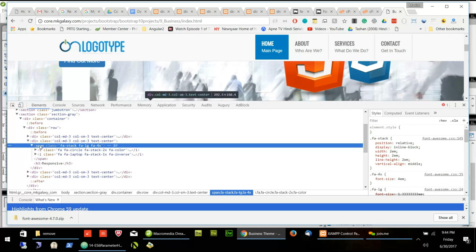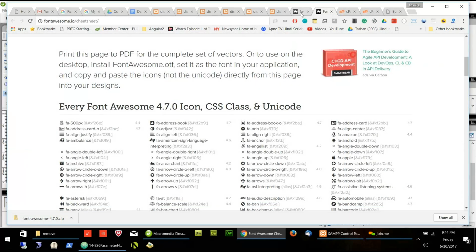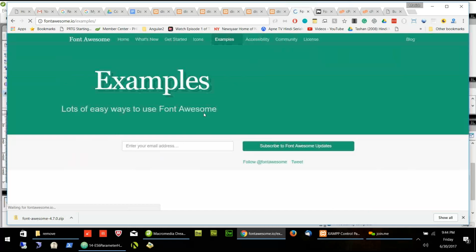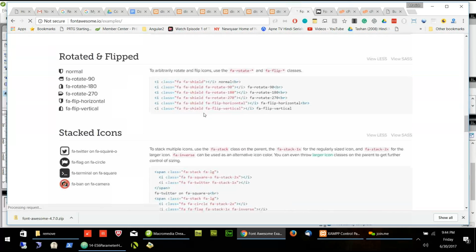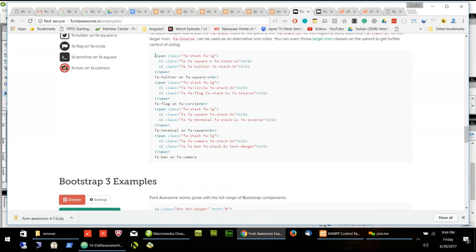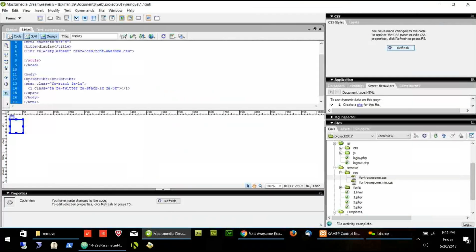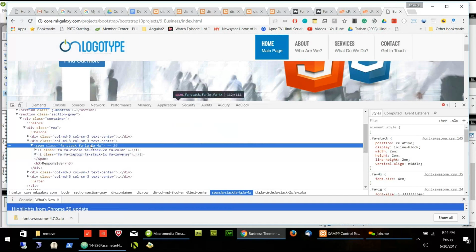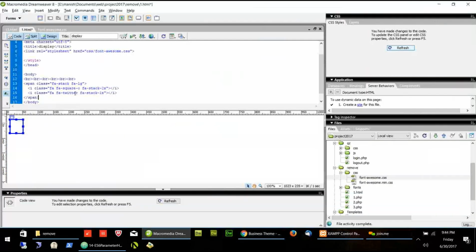Did you see that one? I was putting it only in the one level, so it was only growing on one side. If we put FA4X on the whole one, so let's say I copy this one and put it here, and instead of FALG, if I use FA4X, it will grow in size as a whole.